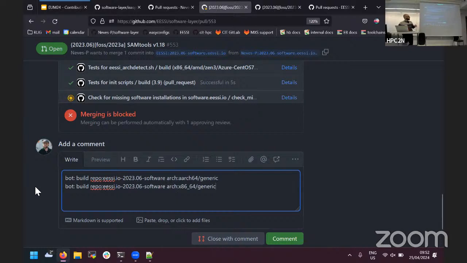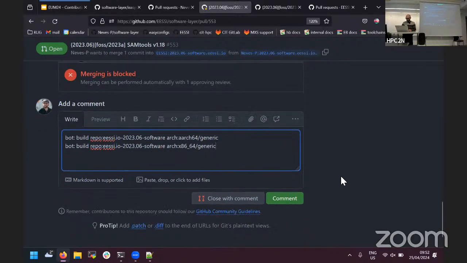But we usually start with triggering something for ARM and for x86. Basically the format is the command for the bot. So we build for the EasyIO 2023.06 software repo, which is our production repo, and then you give it a notice of what the architecture is. And once I make this comment,